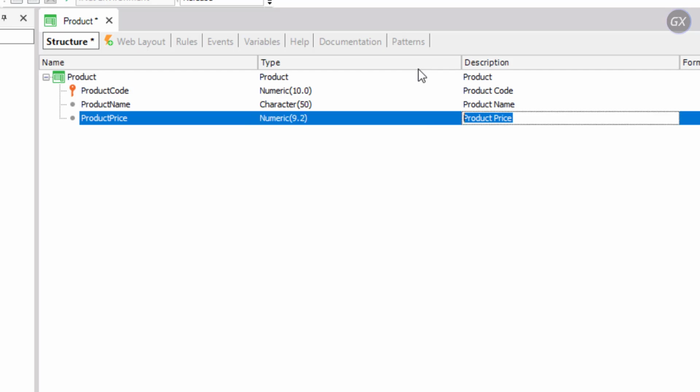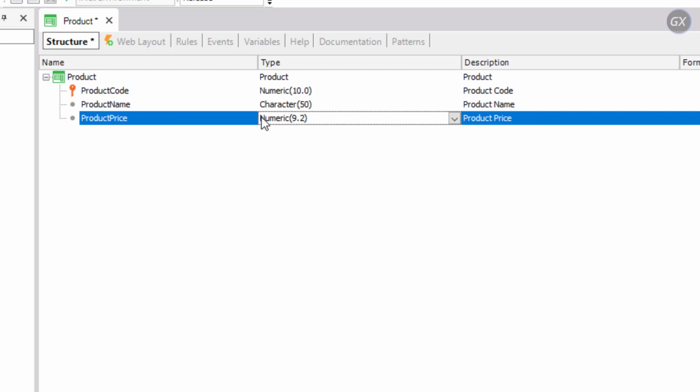As you'll probably need to create more attributes for prices or amounts, that is, when the pharmacy buys or sells products, it may be a good idea to create a generic definition type for all prices. To do this, in the type column, you just have to write price equal before the type you have selected. Then press Enter, and you'll see the product price attribute has been set as a price type, that is, price.